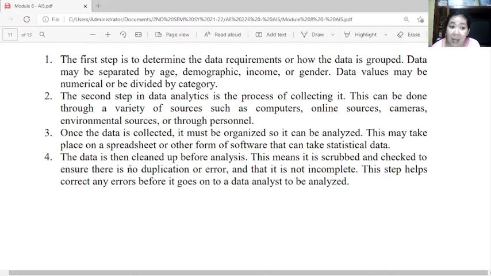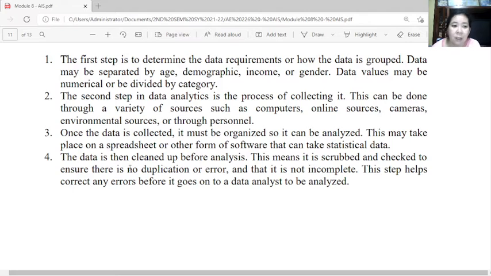This may take place on a spreadsheet or other form of software that can take statistical data, meaning they will group the like data according to the specification of the need of the decision maker or the user.